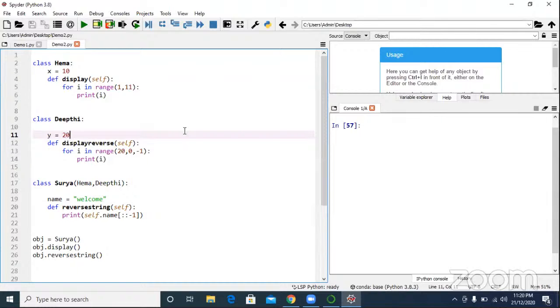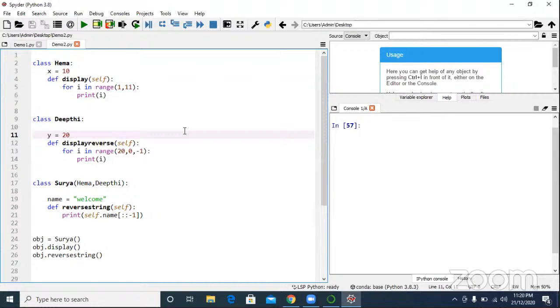Even I am not fully sure about Java, but I am sure in Python we can inherit more than one class. So yes, multiple inheritance is not possible in Java. Multiple inheritance is possible in Python.